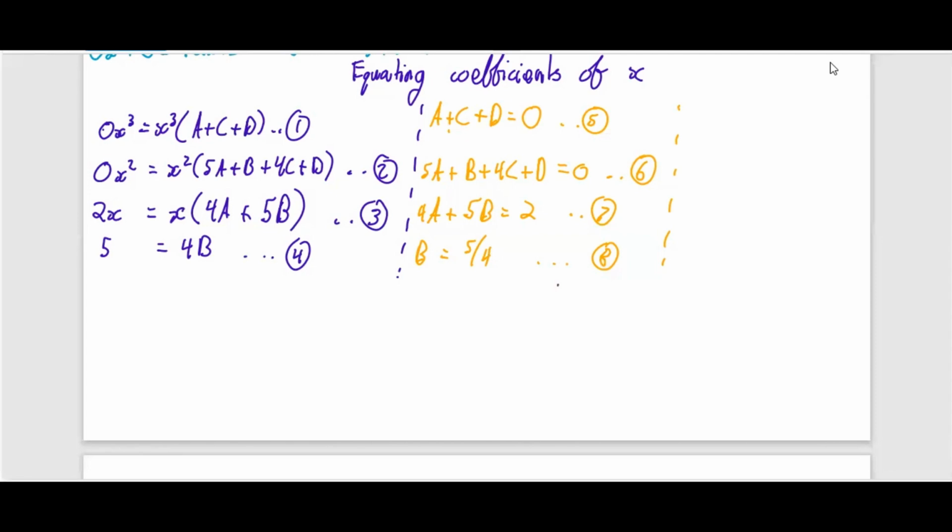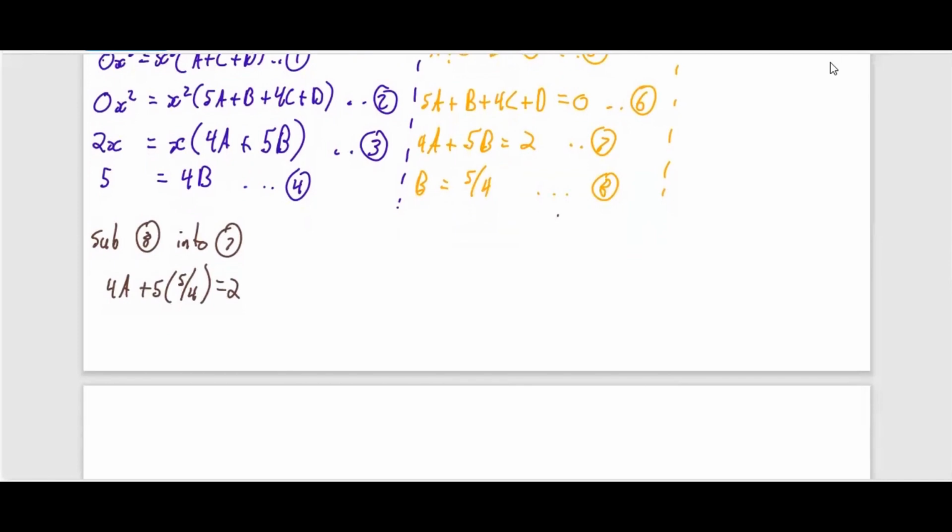All right, so let's start here. Substituting 8 into 7, you'll get 4A plus 5, and B is 5 on 4, is equal to 2. All right, might not have enough space, but we'll see. So we have 4A plus 25 on 4 is equal to 2. All right, so we end up with 4A is equal to 2